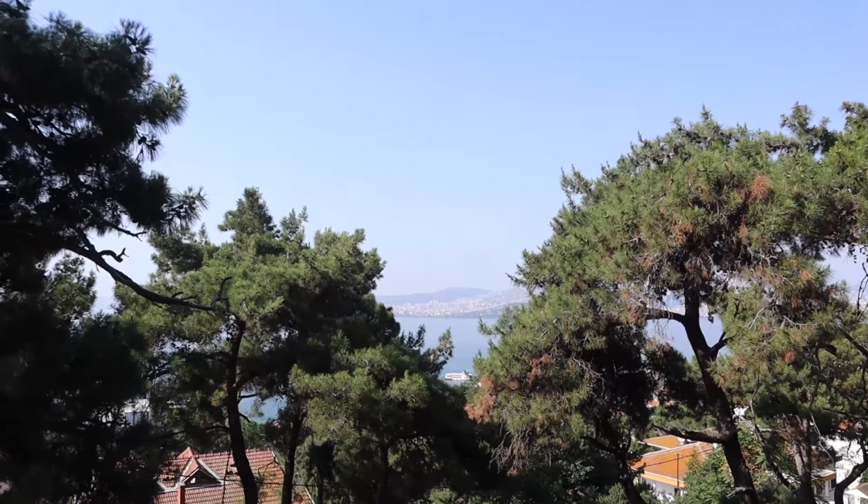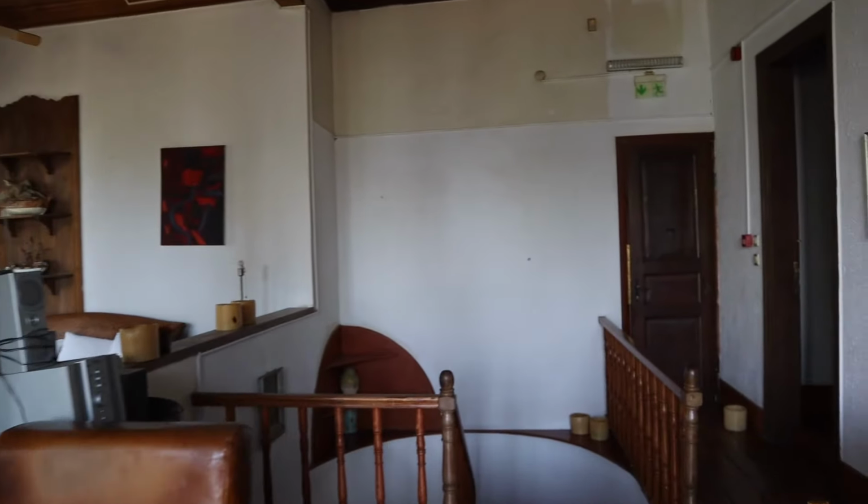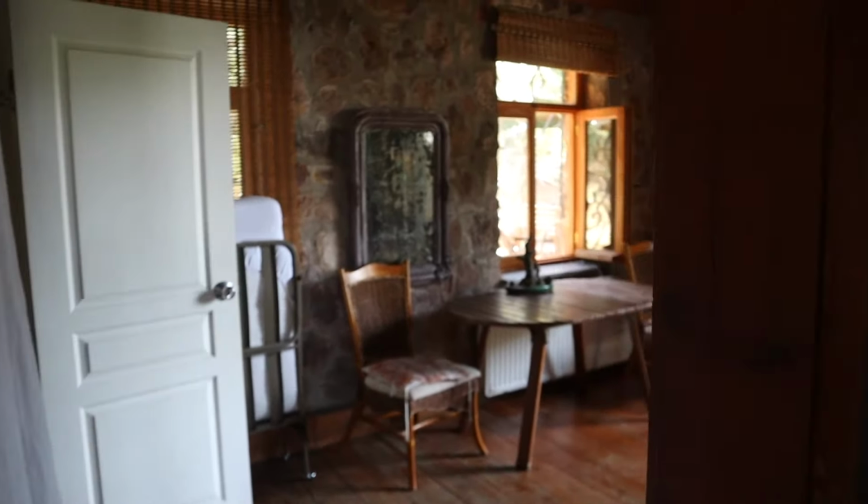I walked here in the hot sun and I have now freshened up, ready to head out this afternoon and explore a little bit. I will talk more about the island and some things you can see and do here. And before I head out, let me show you my room in this very exciting place to stay. I really feel like I'm on holiday a million miles away from Istanbul, even though it is just across the sea there. So from the balcony here, let me take you through to the room in this wooden 130-year-old mansion